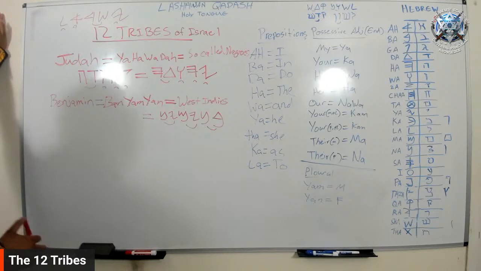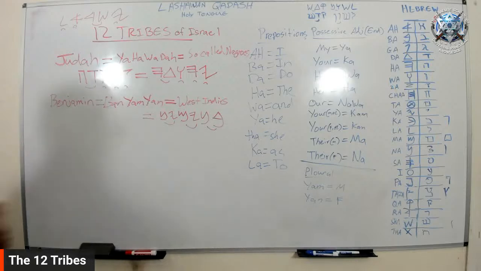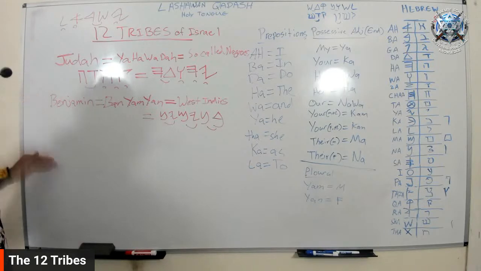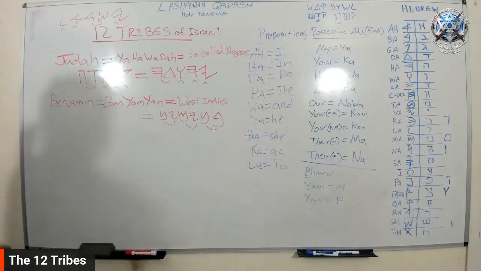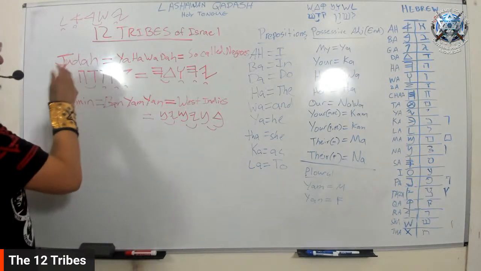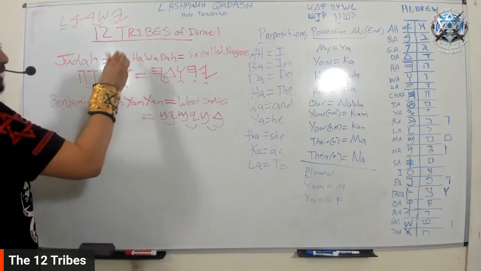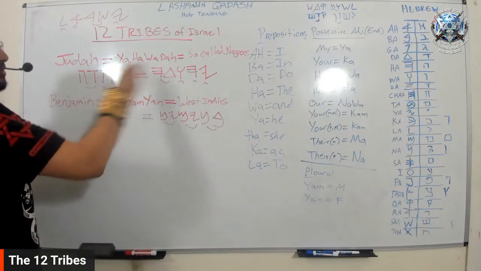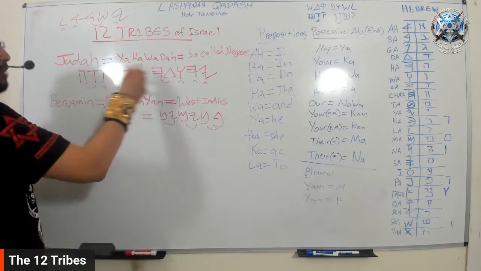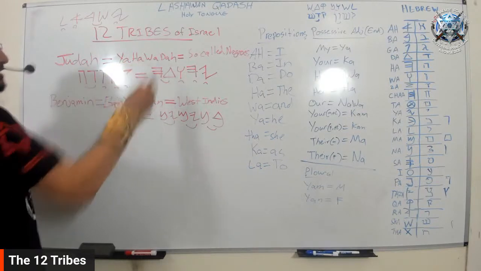So what we're doing today is going over the 12 tribes of Israel in the ancient Hebrew and in the Assyrian. We're starting off with Judah and Benjamin and Levi. I'm probably going to need to do them three at a time, that way I can fit all of them on the board because of what I need to cover on each one. So basically the format here is that we first write down the tribe in the English language, and then we write down the transliteration, which is the way that it sounds in Hebrew using English characters, so that you can follow along and understand how to say it, right?